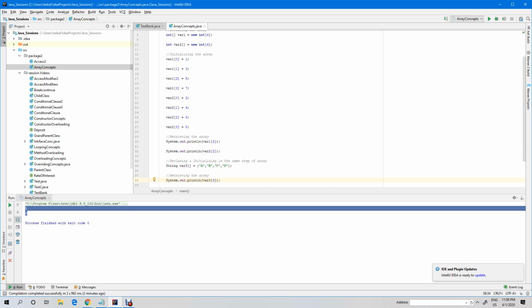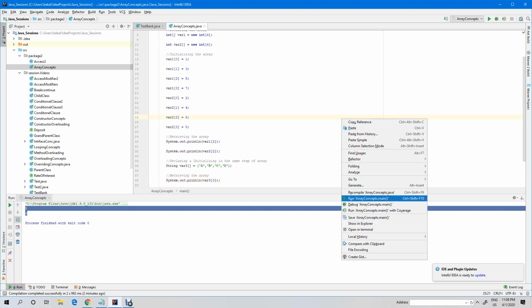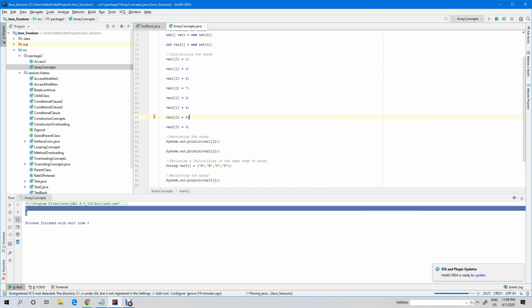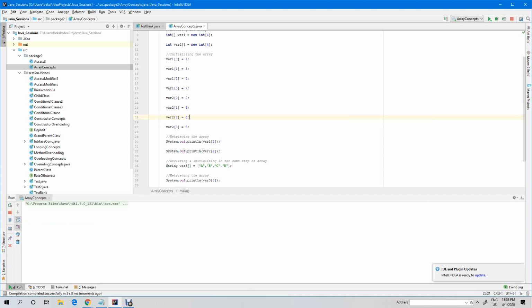If I run this, these two will print 5, 6, and this will print, with indexes 0, 1, 2, 3, that means d. Let me run this. Yes, you can see 5, 6, because variable 2 is coming from here. Variable 1 of 2 will fetch 5, variable 2 of 2 will fetch 6, and variable 3 of 3, with indexes 0, 1, 2, 3, d it will fetch.